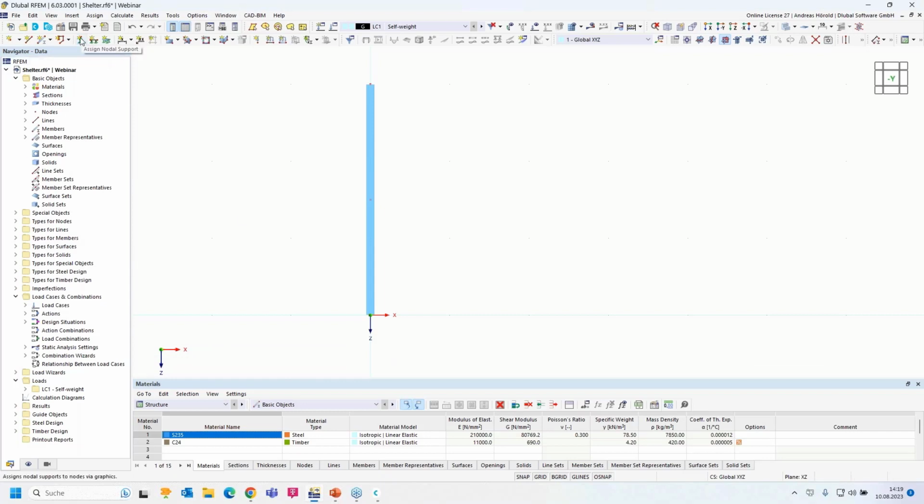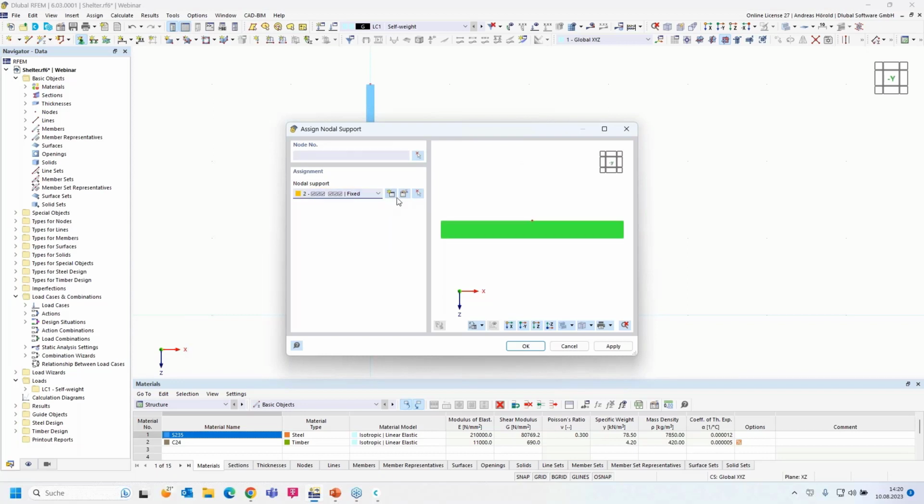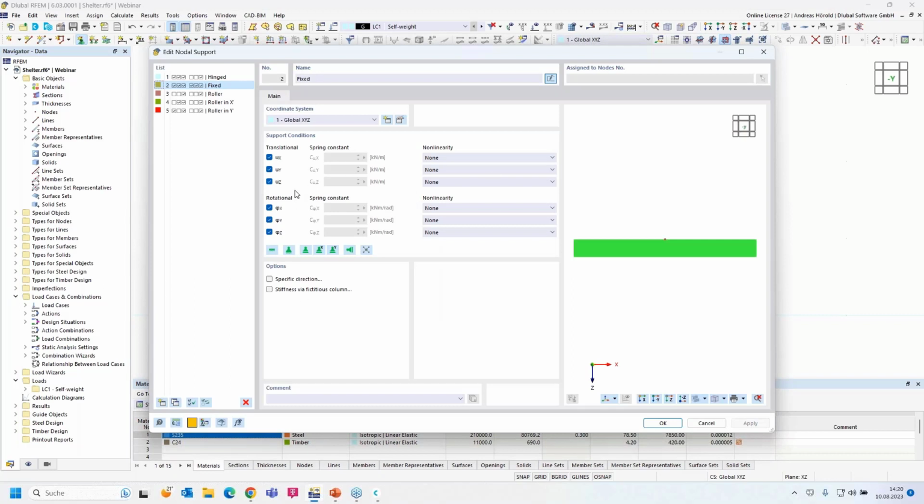Okay, then left above, I assign a nodal support where are predefined nodal supports, and I select the fixed nodal support. I press the Edit Nodal Support button, and this dialog has opened, and you can see that also non-linearities are available, for example, failure if a positive px, or a friction diagram, and so on, that you can define in the different directions for the support, or around a certain axis. Yeah, failure diagram, stiffness diagram, and so on. So I apply that